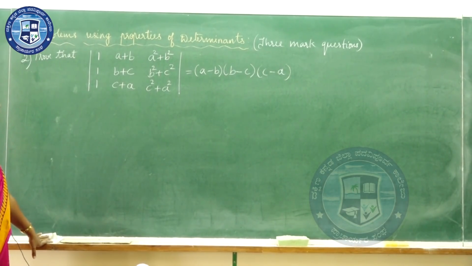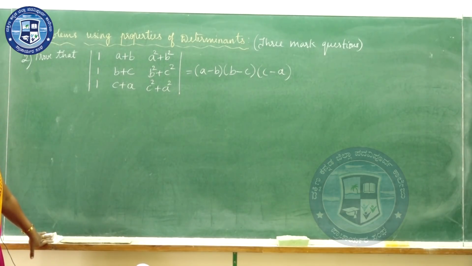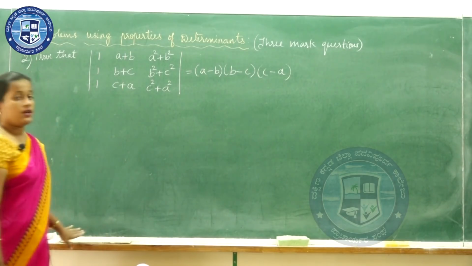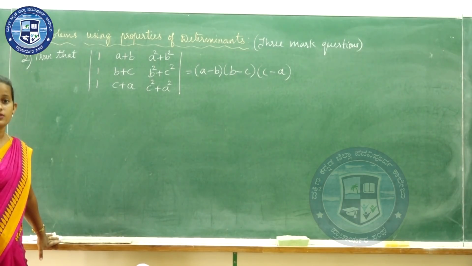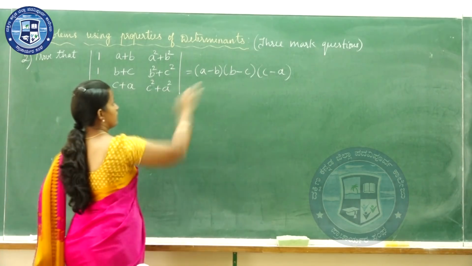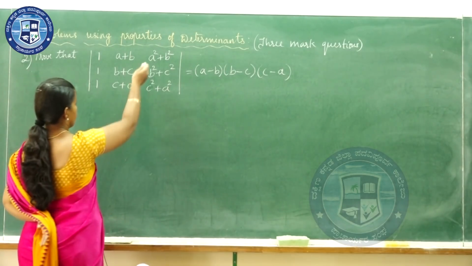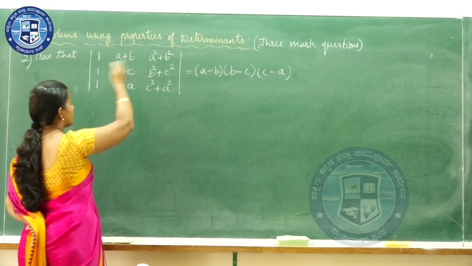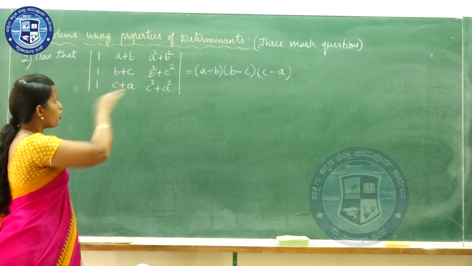Second problem, prove that the determinant with rows 1, a plus b, a square plus b square; 1, b plus c, b square plus c square; 1, c plus a, c square plus a square equals (a minus b)(b minus c)(c minus a). Again, similarly look at the RHS. See which operation, if you use it, you will get the terms present in the RHS, whether to choose column or row. If you observe here, column operations, column 2 minus column 3 or column 3 minus column 2, I don't think will give you the required terms in the RHS. Here you have to go for row operations.